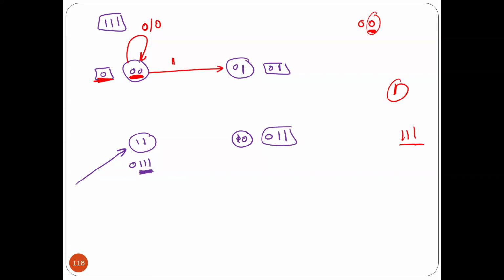If you receive 1, I'm gonna move to this state here, and the output is still 0. That means I got only one bit of the sequence. Is that okay? If I receive another 1 here, it will come to here. That means now I got the second bit of the sequence. Make sense? If I receive 1 again, the output is still 0. If I receive another 1 here,